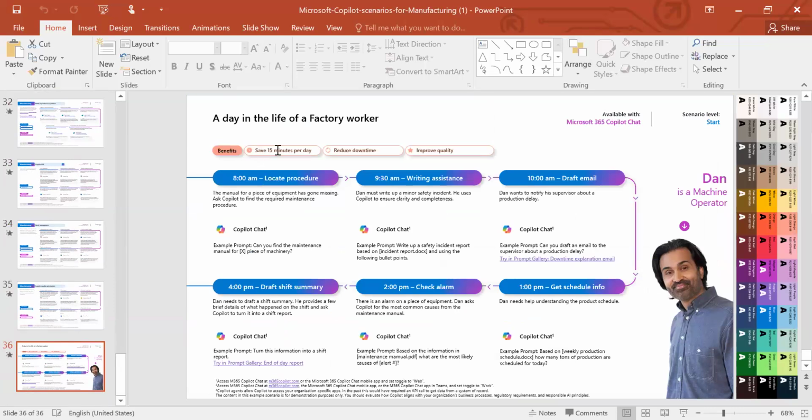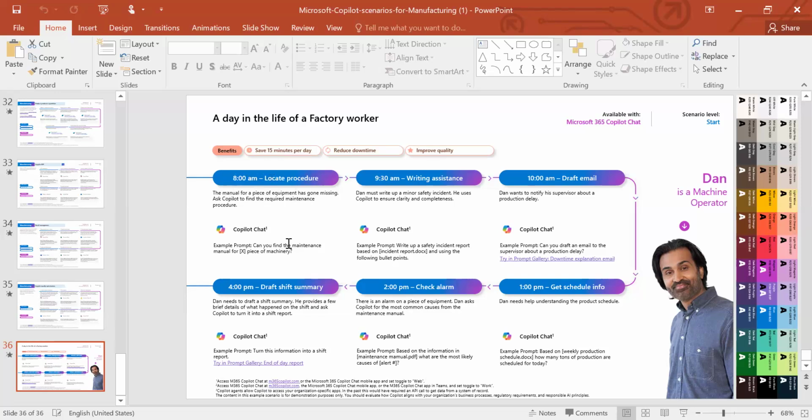The benefits are that you save 15 minutes per day, reduce downtime and improve quality. So let's say at 8 a.m., you locate a procedure. The manual for a piece of equipment has gone missing. So you ask Copilot to find a required maintenance procedure. You can just prompt the AI to find a maintenance manual for a piece of machinery.